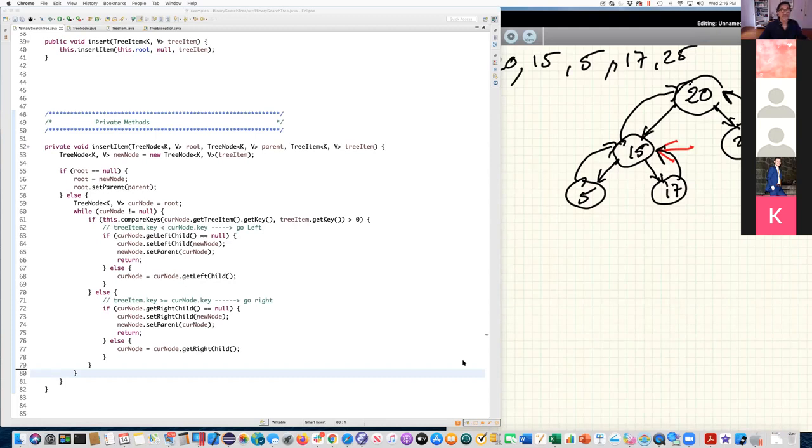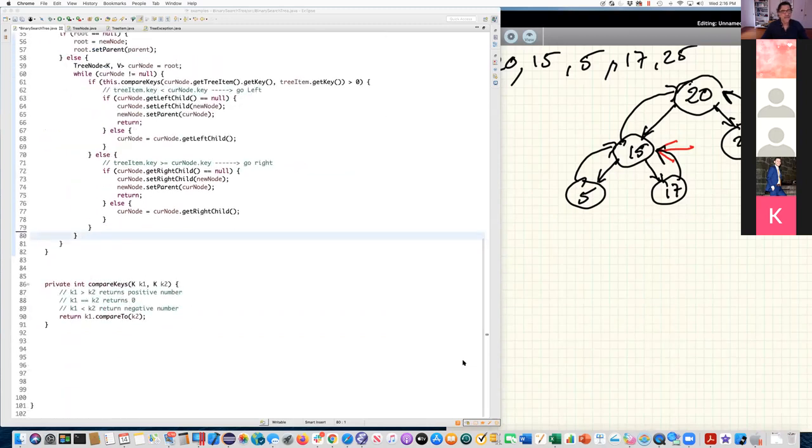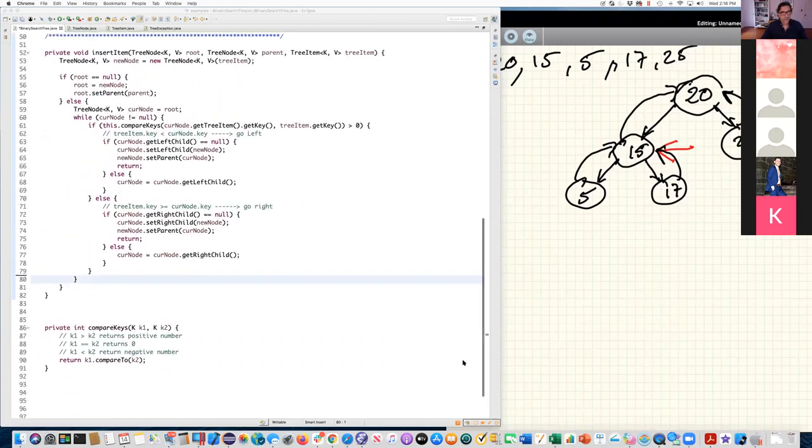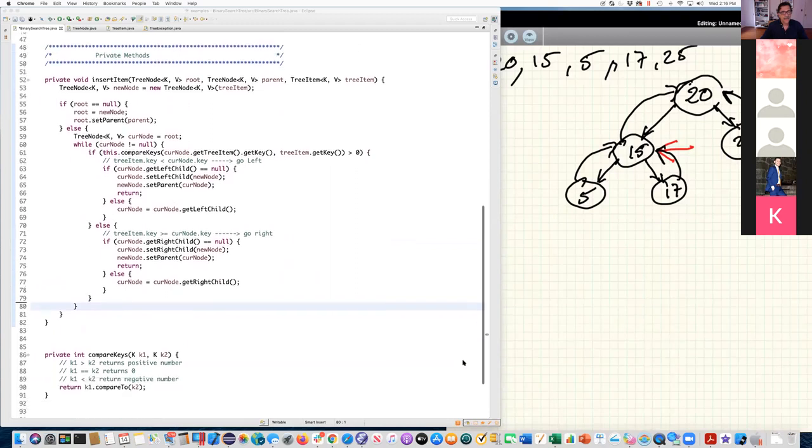Yeah, I have a quick question. I understand the compare keys, you're comparing the first key with the second key. And the compare to, that if K1 is greater than K2, then you get a positive, and return 0 and the negative. So I understand those because you wrote that here. The part that I get a bit lost on is